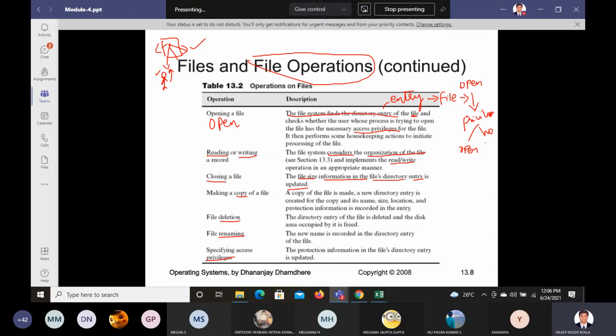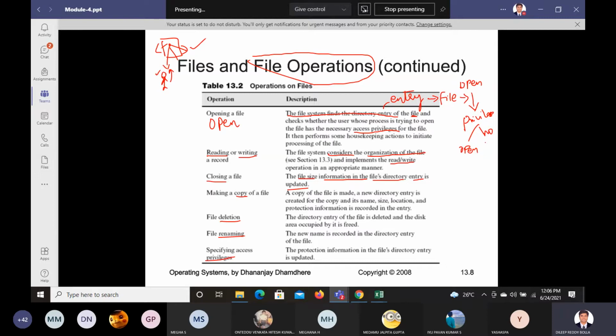Let us say you are typing something in a notepad or in a Word file. Immediately when you try to close the Word file, it is going to calculate how much content was there inside that, let us say 1 KB, 2 KB, 3 KB. Based on that content, it is completely saved, and then it will update the display that the file size is 17 KB, or the file size is 40 KB. Like that it will save and close it.